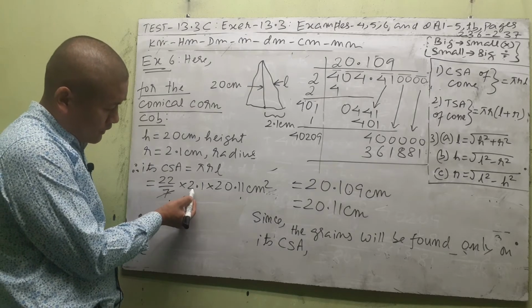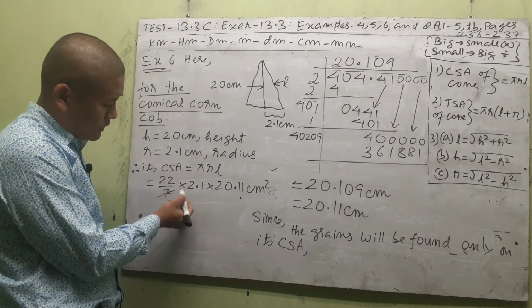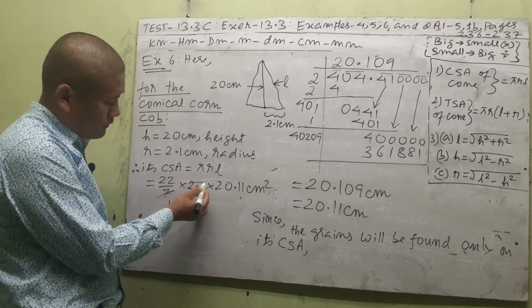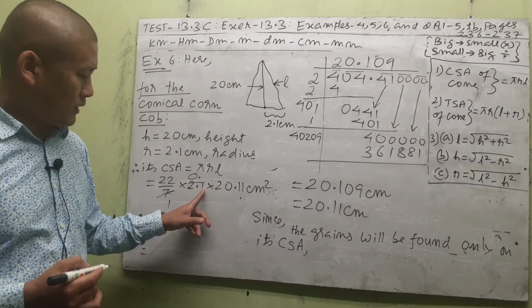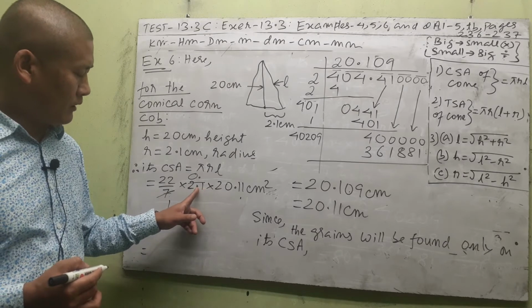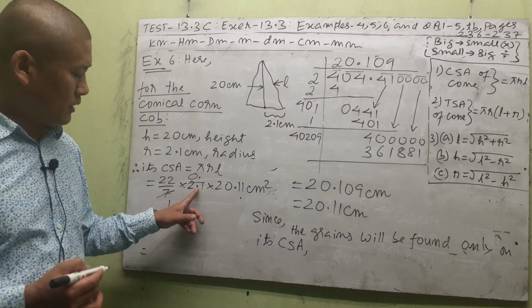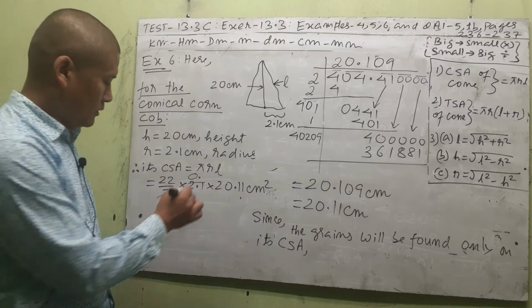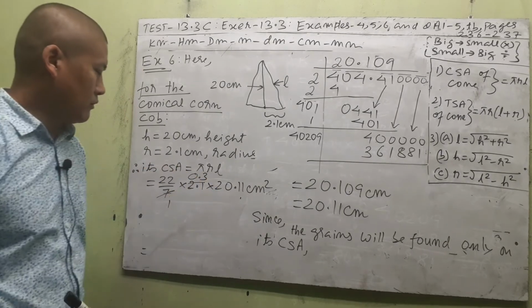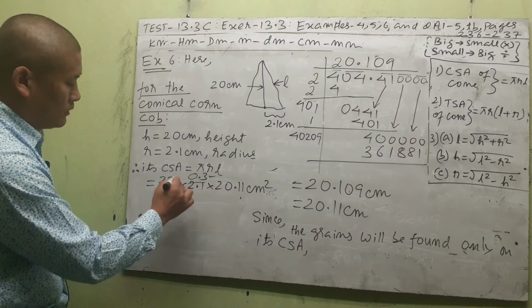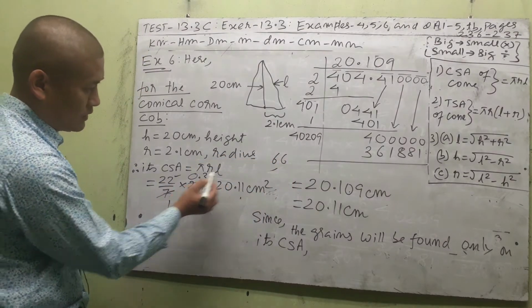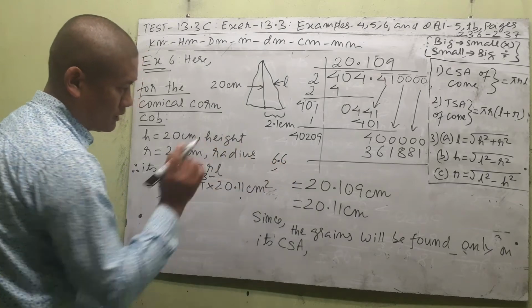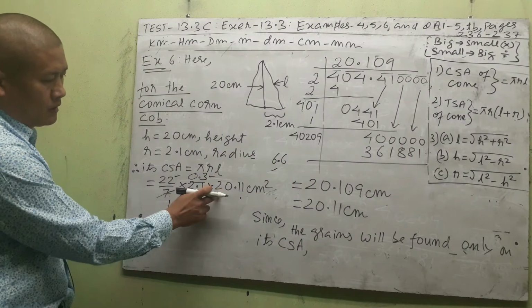While cancelling, we can take only one digit at a time. So 2 is less than the divisor 7. For such a case, we have to put 0 first, right? Point then. Then 2 will combine with 1 on the right of the decimal point, and on the left of 1 means 21. So 7 3s are 21. Now 3 into 22 is 66, and 1 decimal place is there, means you push it to the left by 1 place. Multiply this